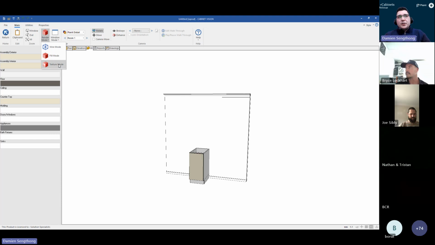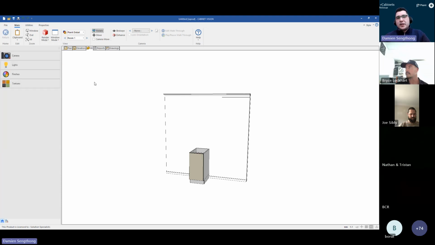So after fill mode, you do have texture mode. Now, texture mode is great if the material that you are working with or you wish to display to the customer does have a physical texture. Most commonly that would be a grain material. By selecting the texture function on the bottom left-hand side, again, you are presented with the different categories. So if we want to change the assembly exterior,